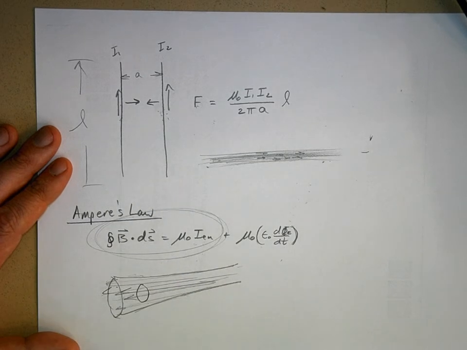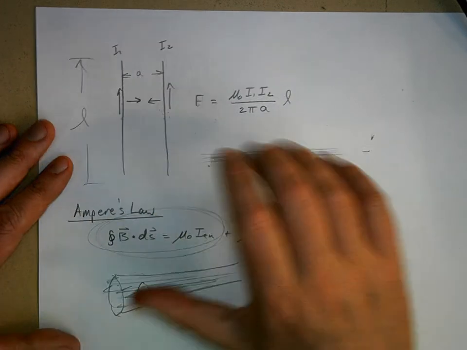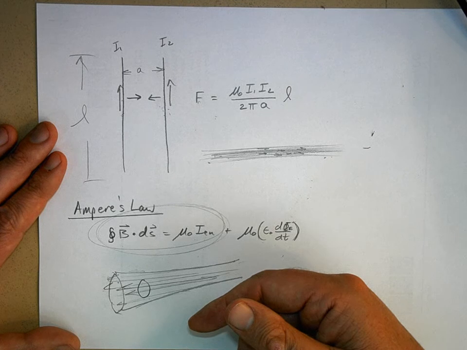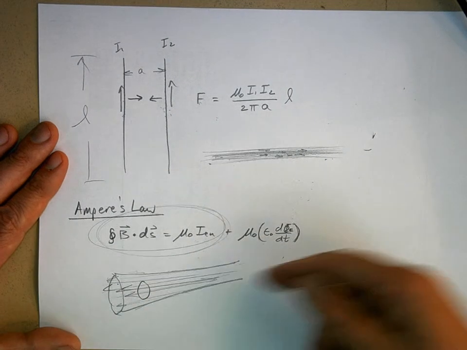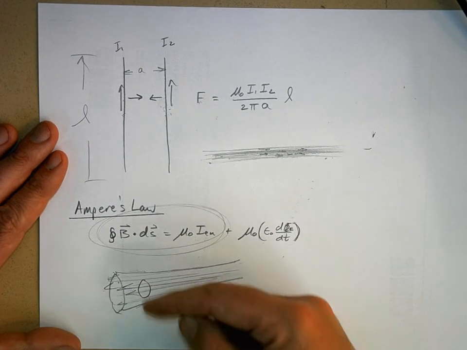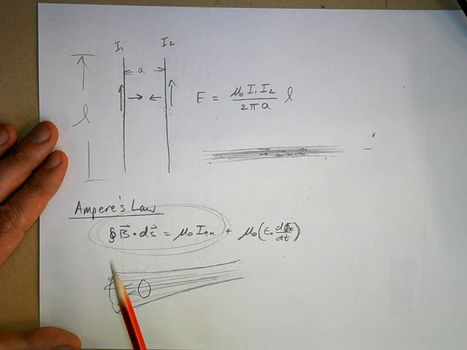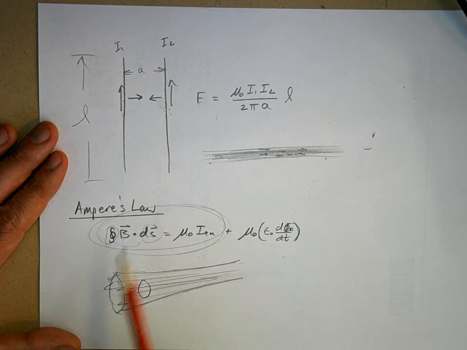Remember, magnetic field lines form loops around the current. So if my currents are going like this, the magnetic field is going to form a loop around it. So you draw a closed loop so it exactly matches,